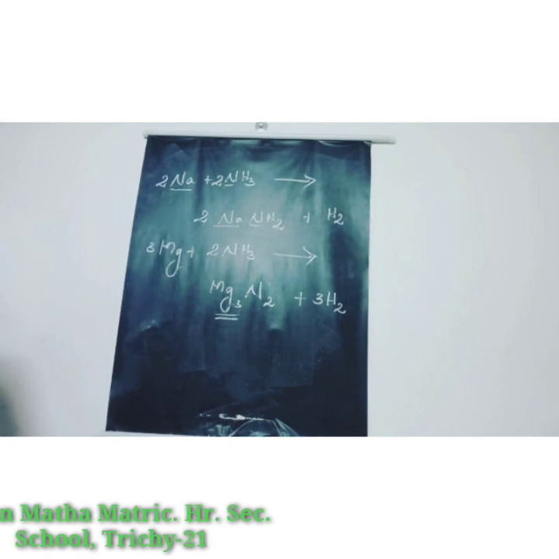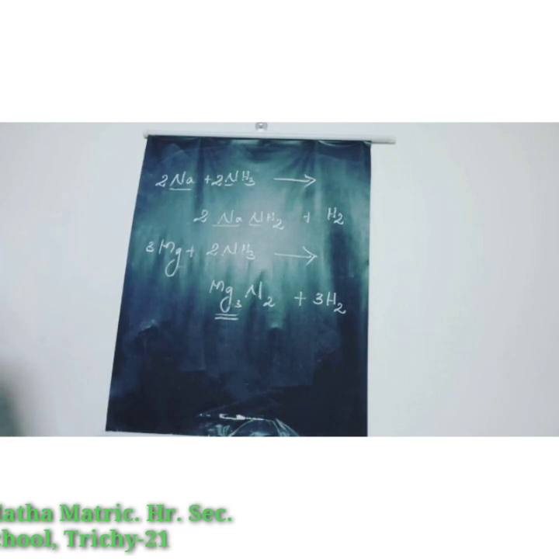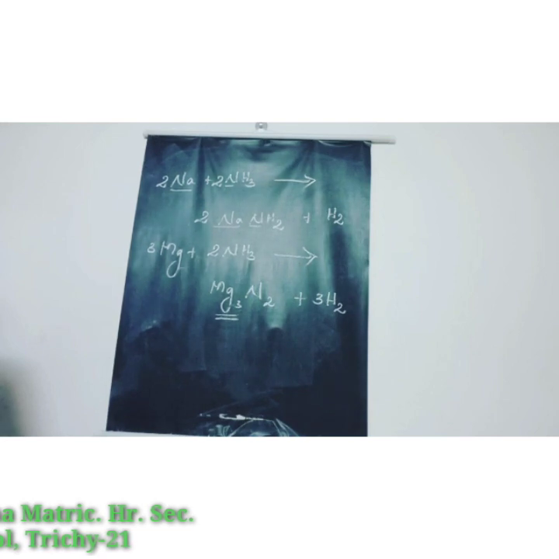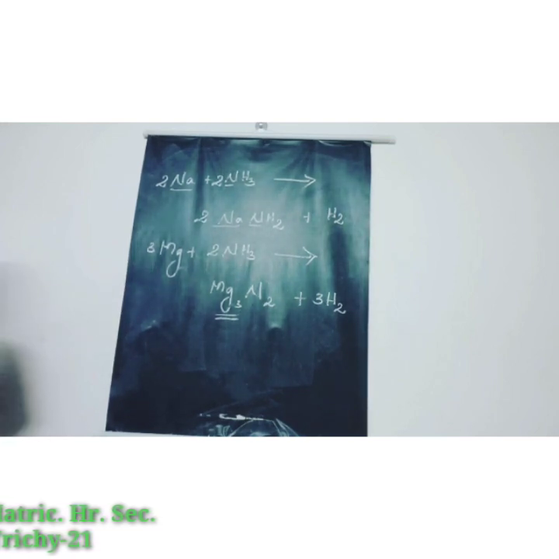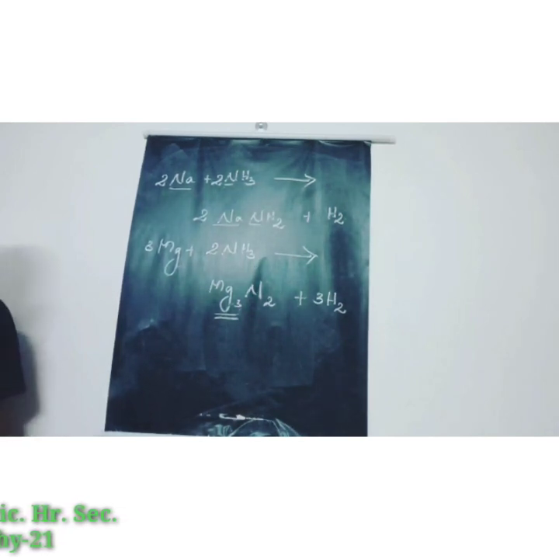And then next is reaction with metal salts. Ammonia reacts with metallic salts to give metal hydroxides. In the case of iron, that is Fe, it forms hydroxides, and in the case of copper it forms complexes. Here the complex is tetraammine copper 2 ion, which is one of the coordination complexes. Okay, let us see the equation.